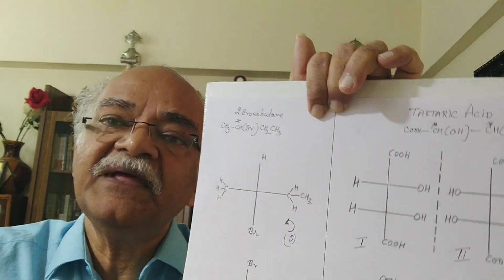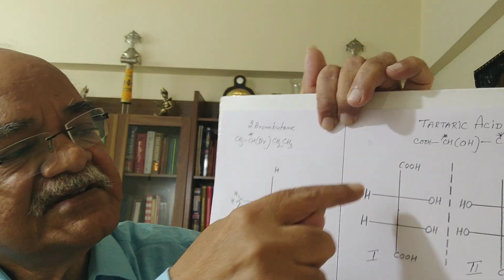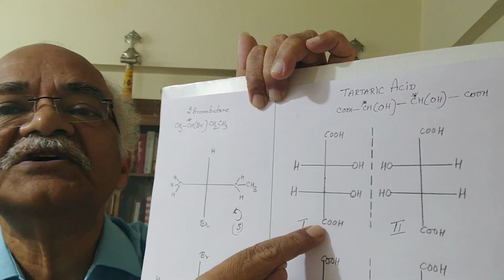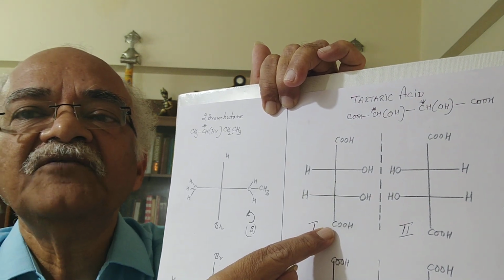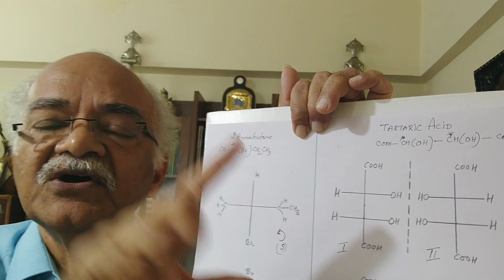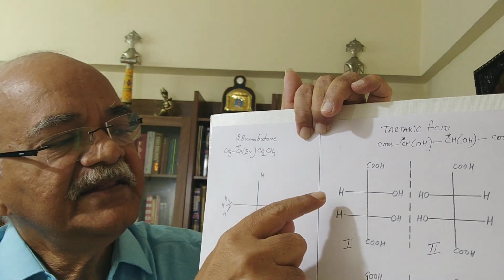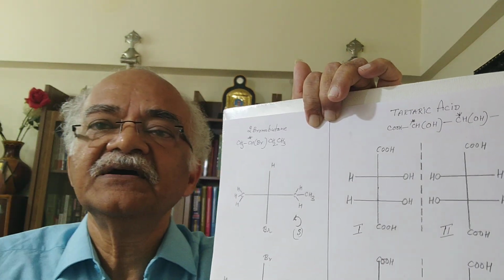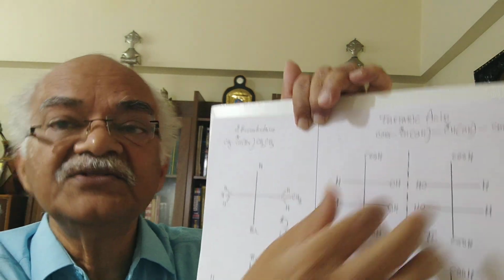Do you have a mirror plane within the molecule? So I have COH here, COH here. I think they are coming one behind the other. Remember the Fischer projection? This is away from the mirror. So they are exactly one behind the other. And this HOH and HOH, this side part is identical to this part.